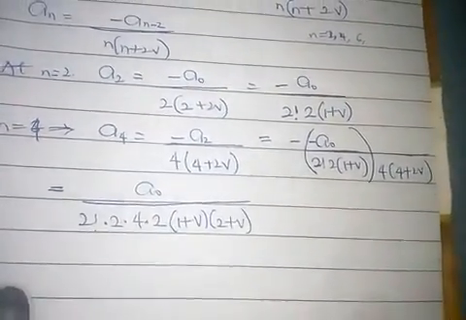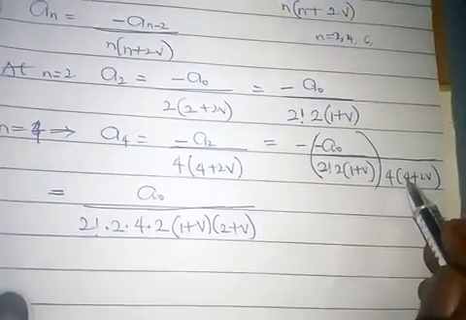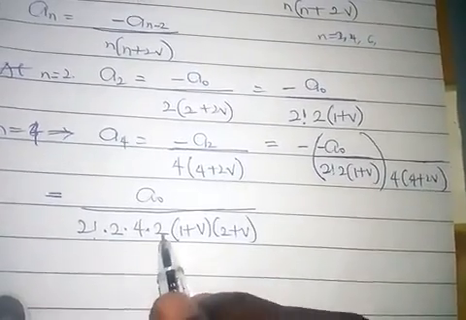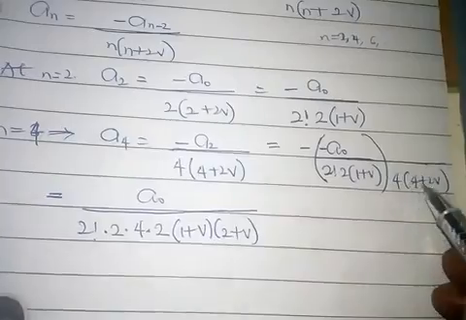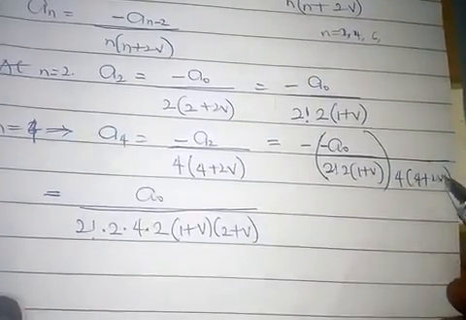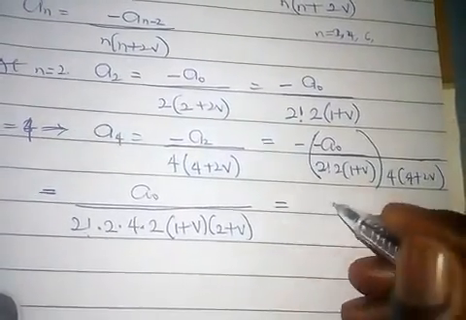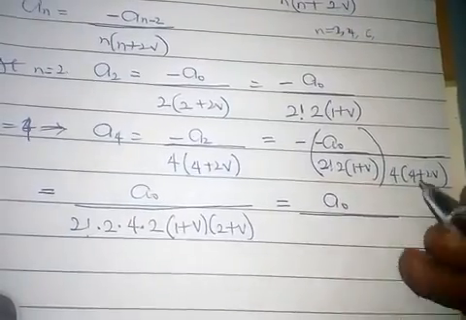Take note what I did here. I factored 2 out, which is this. If you factor 2 out, it will remain 2 here and v, which is equal to a_0 all over